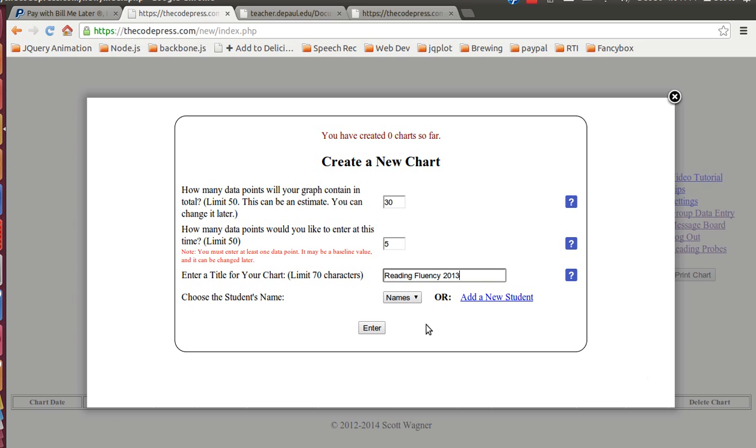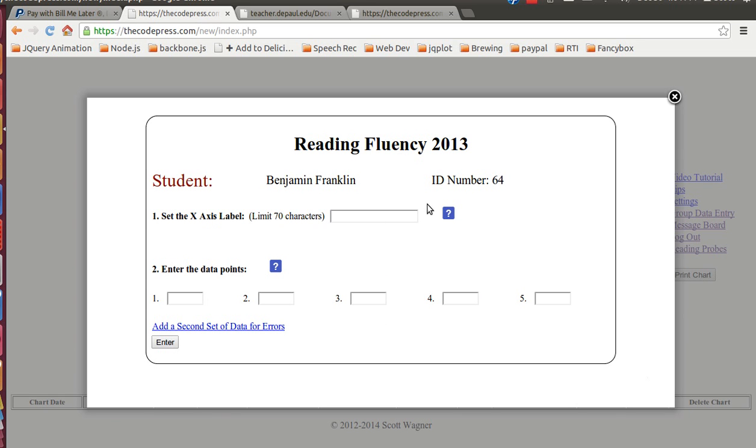Now if this was an account that I had that already had students' names entered into it, and if this chart was for an existing student, I could pick their name from this drop-down list, or I could create a new student. Since this is a new account, I'm going to have to create a new student. And click on enter. That takes us to the second part